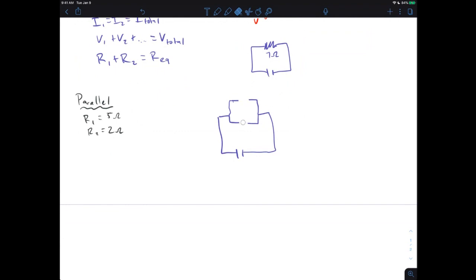Take out a little chunk here, a little chunk here. So I'm going to put R1 right here and my R2 right here. So this will be R1, this will be R2. Okay,